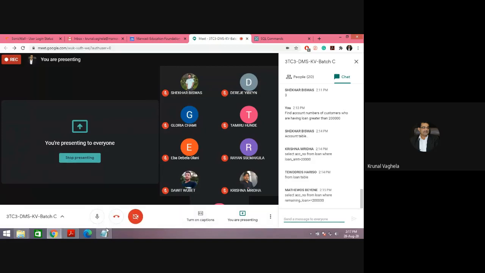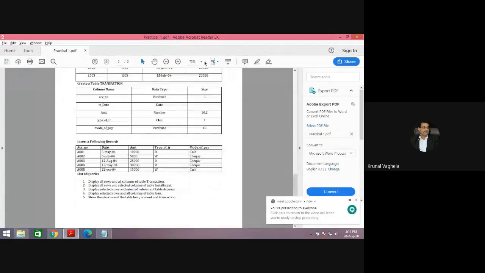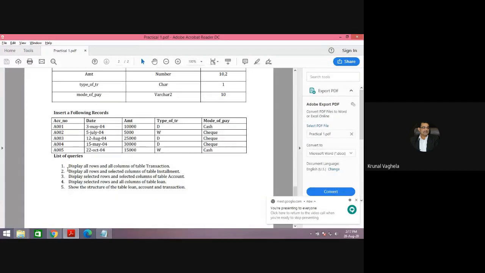So what we have done, see if you see the tutorial: display all rows and all columns, display all rows and selected columns, display selected rows and selected columns, display selected rows and all columns, and show the structure of the tables loan, account and transaction.